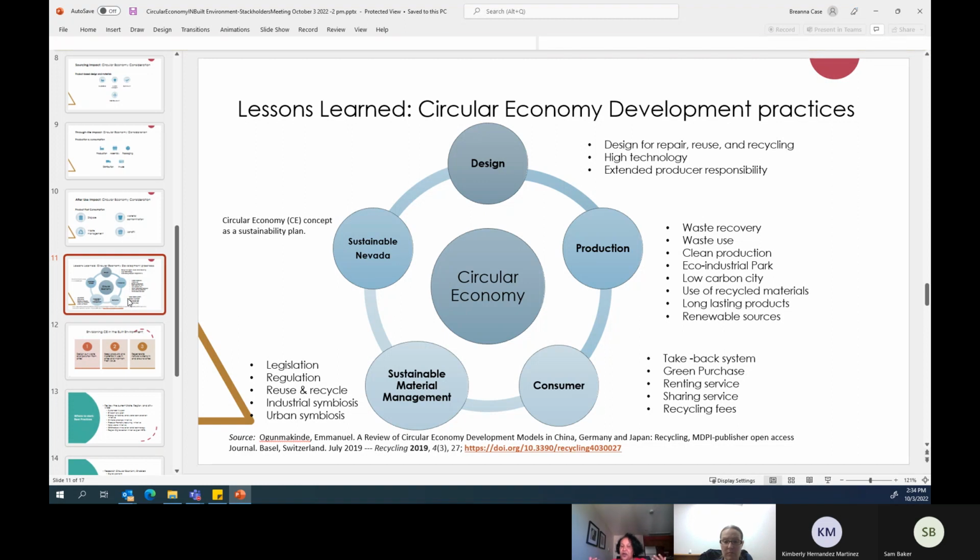Now we go to the consumer. For the consumer, there are different things we can use. Of course, I'm hoping you will continue to increase public awareness about material efficiency and what circular economy is, and then we will help the public understand, so they know how to ask.